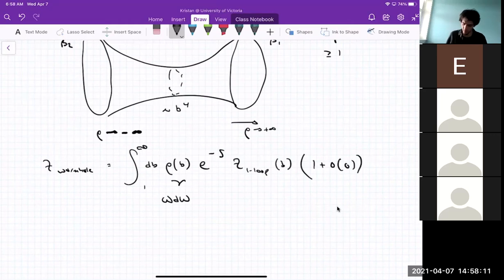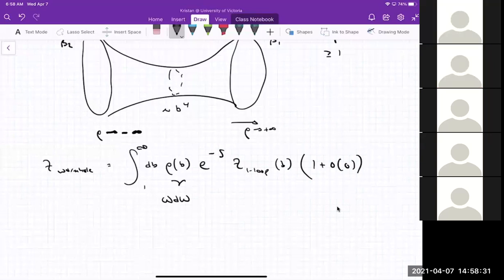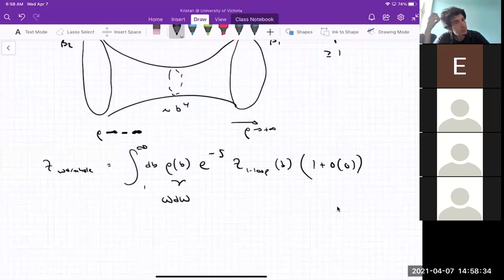So the strategy for evaluating the wormhole amplitude would be to take this fixed wormhole, this thing that solves the equations of the gauge-fixed theory, and imagine doing a loop expansion around it to whatever order you want, presumably needing the details of string theory at some point. But then there's an integral over the bottleneck size that one has to perform at the end, because there are contributions to this amplitude consistent with boundary conditions for any bottleneck size as long as the metric is smooth and non-singular. Okay, with that out of the way, what was the question?